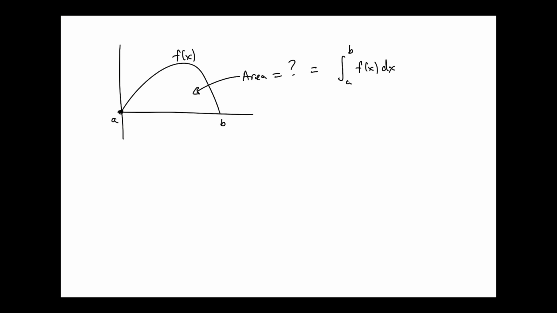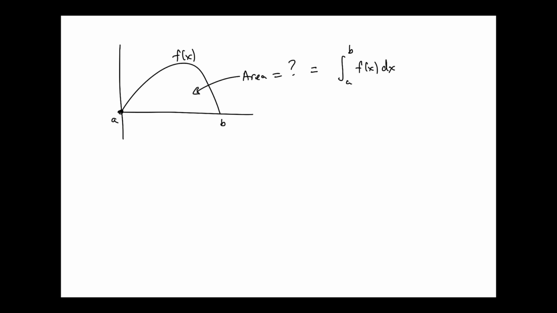But this time I'm going to put the number a and the number b sort of on the bottom and the top of it. And there's also this dx thing, which needs to be there for a reason, and we'll talk about why in a little bit. So that notation is going to mean the signed area between the curve and the